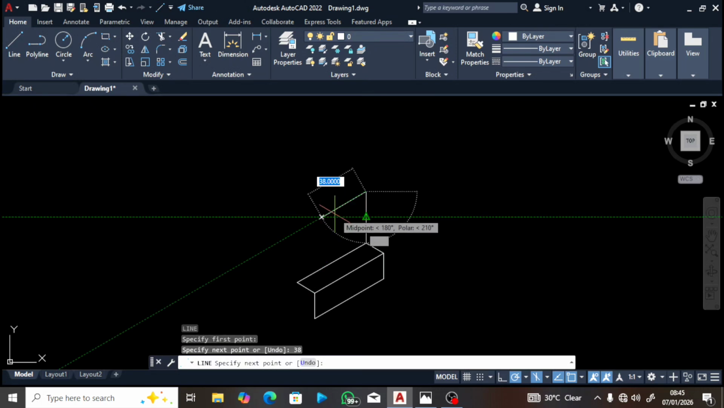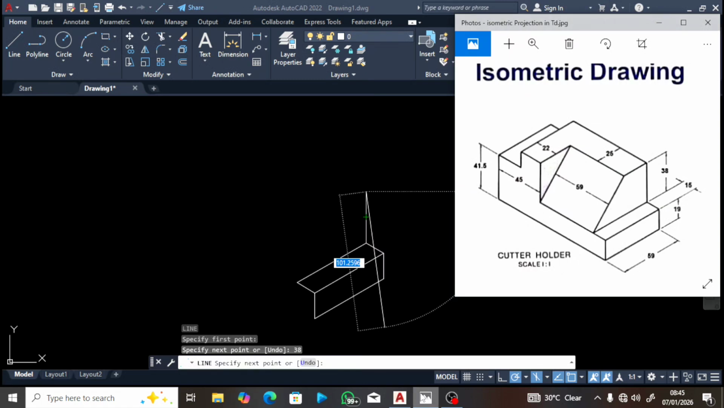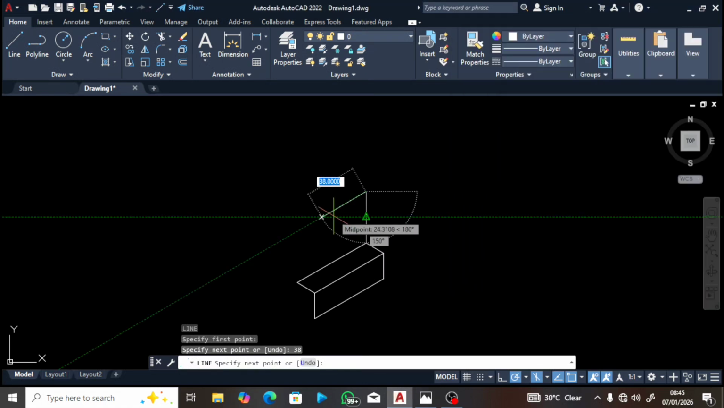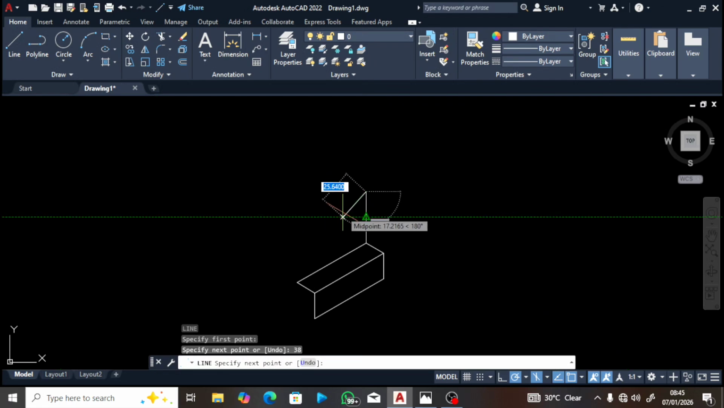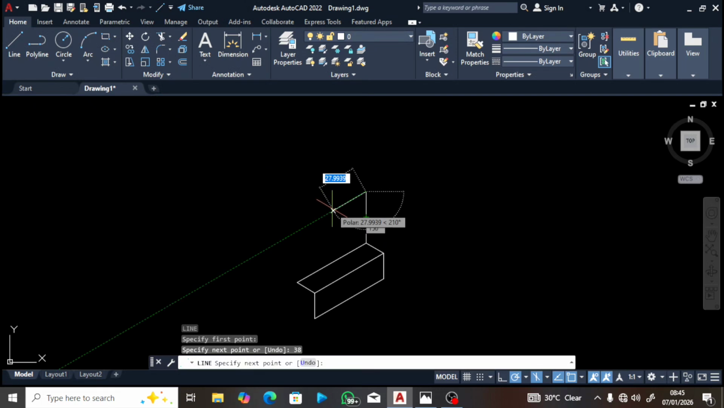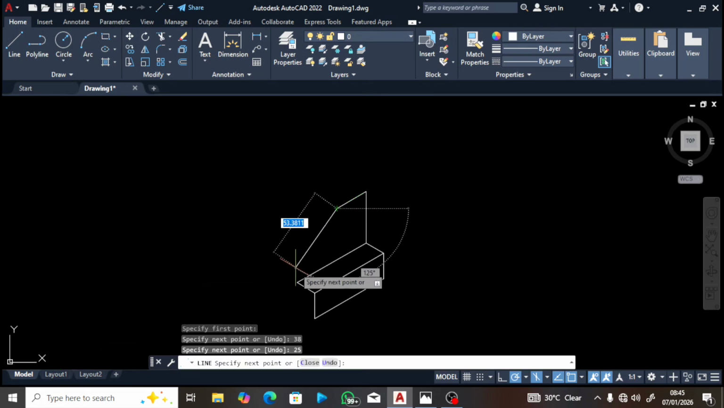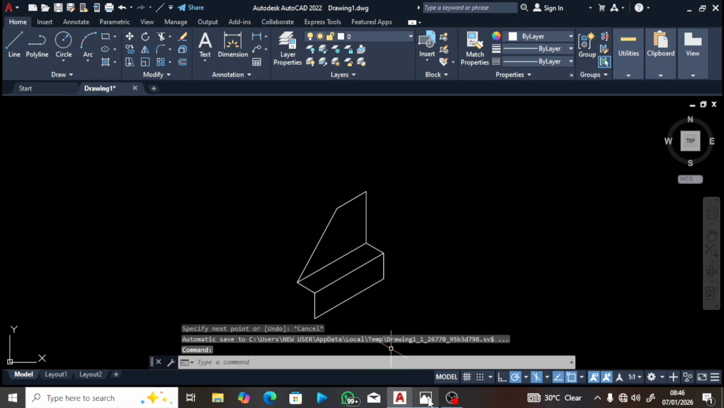Click enter. Come down by, let me check again. I will need to come down here like this by 25. Okay, so I will come down. Make sure that it shows 150 degrees first before you, yeah, it's already 150 degrees. So come down by 25, click enter, then join it here. Join it. All right. Okay, now from this point